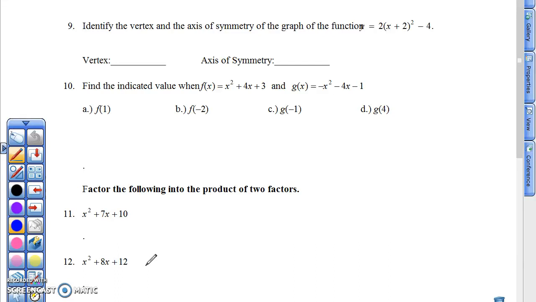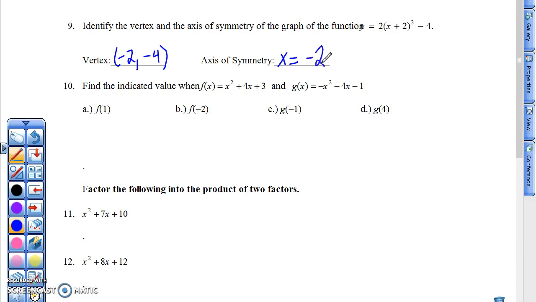Math 2, Module 2, practice problems 2.1 to 2.7, third page, so questions number 9 through 18. Identify the vertex and the axis of symmetry of the graph of the function. Well, this is in vertex form. X plus 2, so that's a negative x coordinate at 2, and then minus 4, the y coordinate does match. And then my axis of symmetry is a vertical line through the vertex, so that would be x equals negative